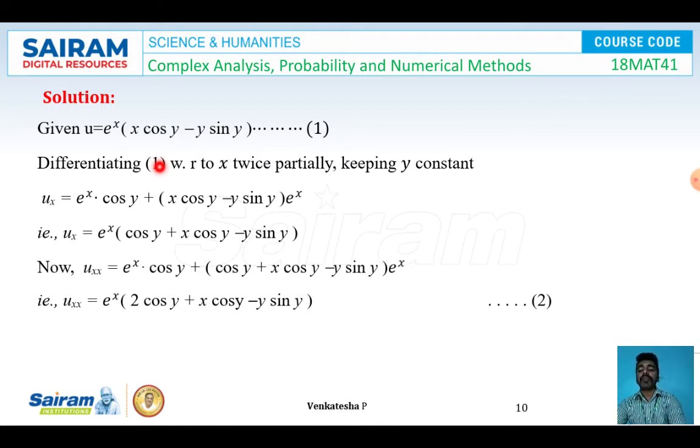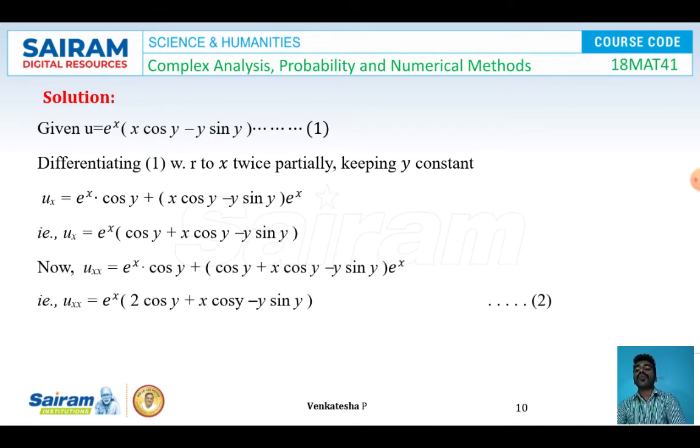So since I'm keeping y constant, here two functions we are having, I'm going to use the product rule. First I'm keeping e power x as it is, I'm keeping all these terms as it is here. So keeping x cos y minus y sin y as it is, differentiating e power x, I got e power x only. Again, keeping e power x as it is, differentiating x cos y minus y sin y. So x will become 1, cos y I'm keeping as it is. This function not having x variable, it will become 0.